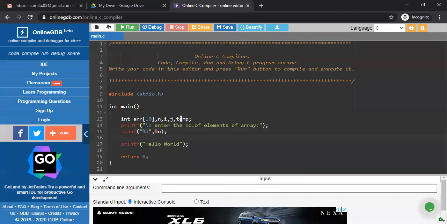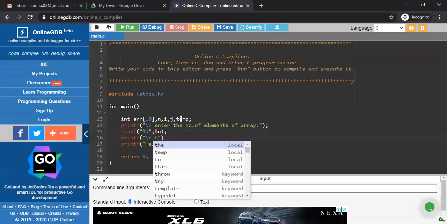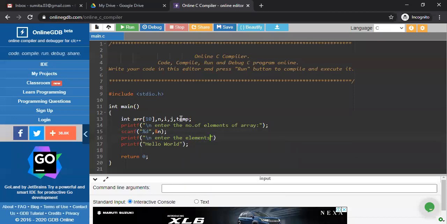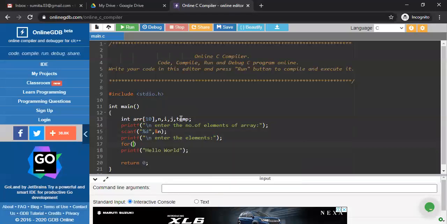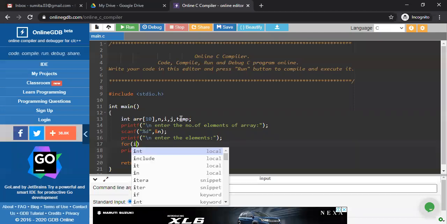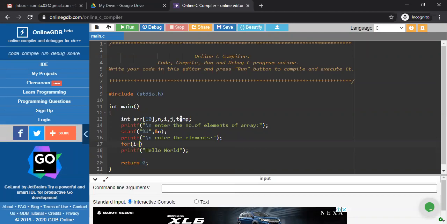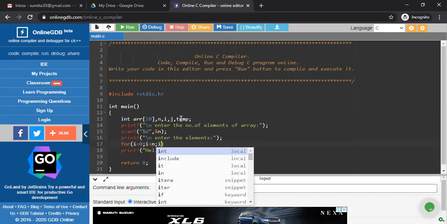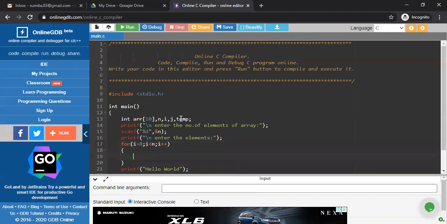So first write printf, "Enter the elements", and then we execute a for loop, i equals 0, i less than n, and i plus plus, and scanf.